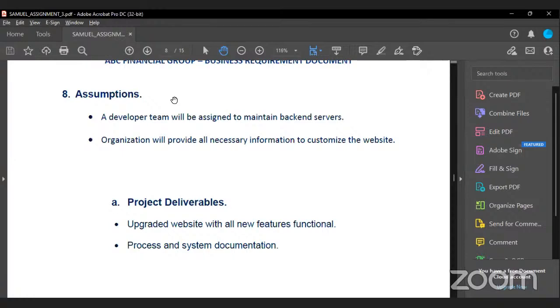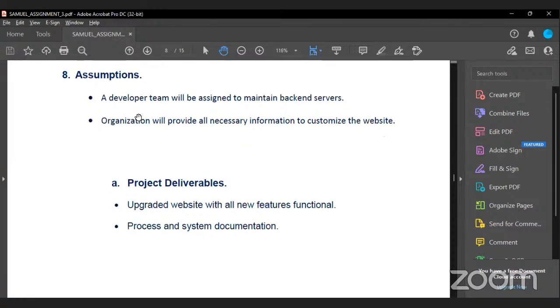So we have the next page, which is the assumptions. These are the assumptions based on the interaction I had with Mr. Boateng, who is a stakeholder, the CEO, if I may say. A developer team will be assigned to maintain the backend servers.